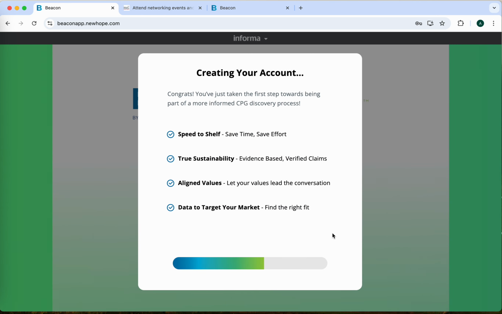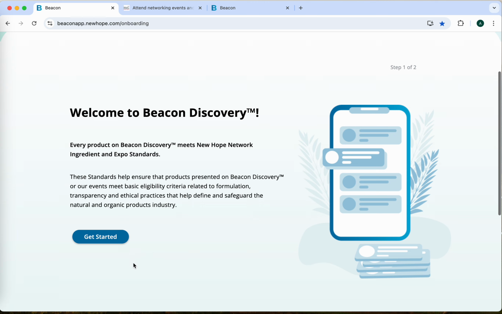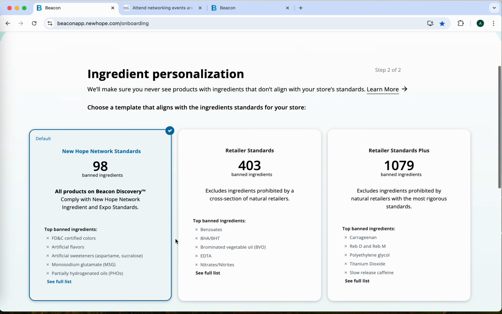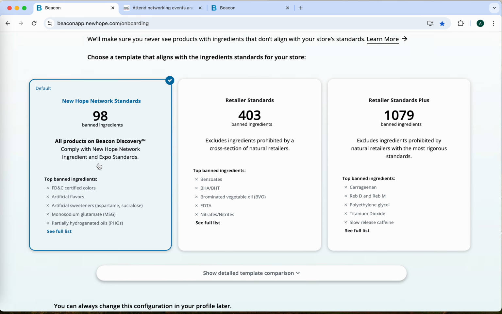The next step would be to choose an ingredient template that aligns with your store's standards. And you can select the standard one, which is our recommendation. All products on Beacon meet the New Hope standards, but if your store is more strict, you want to look